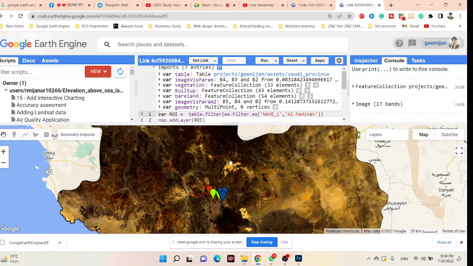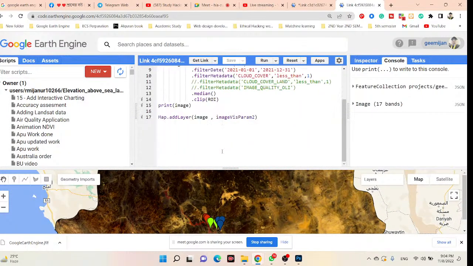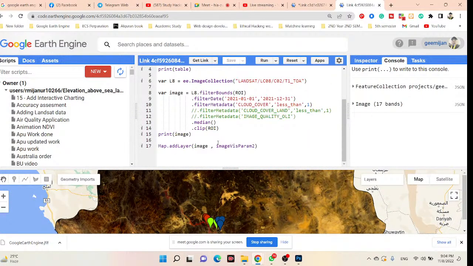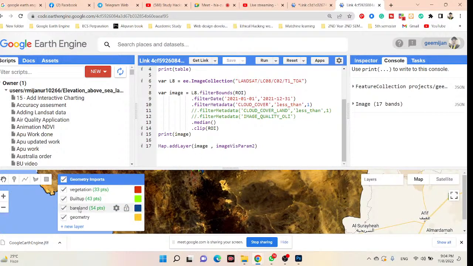Okay. So in the previous class we also discussed the land use land cover classification map for a specific time period. This time I just try to discuss another process. You can see in the previous class we also tried to find out the vegetation, built-up area, barren land. Okay, this time we also need to classify another thing,